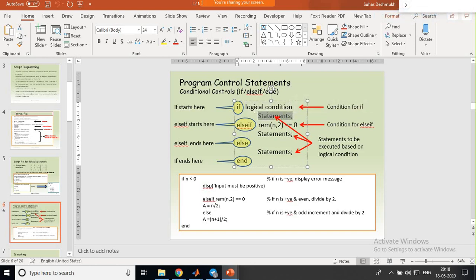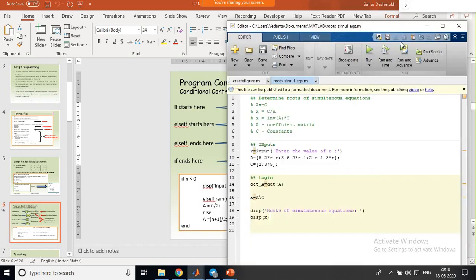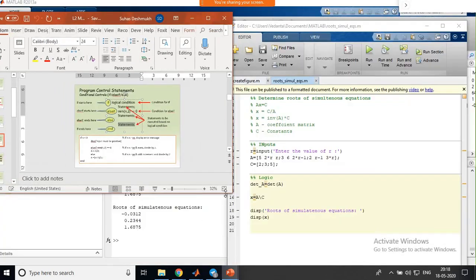If it is not, then the control goes to the next point, that if x is greater than 0 or something, or remainder of n divided by 2 is equal to 0, then in that case these statements will execute. Then by default, if any of these 2 conditions doesn't satisfy, it will show you these statements. So it will execute these statements. So we'll now have one simple execution on this.